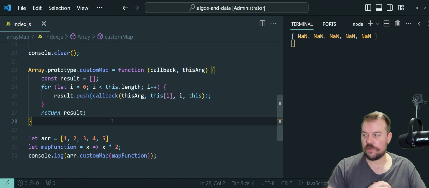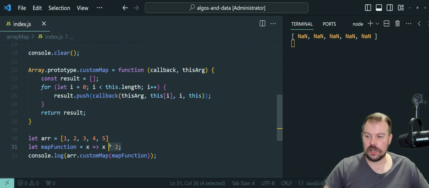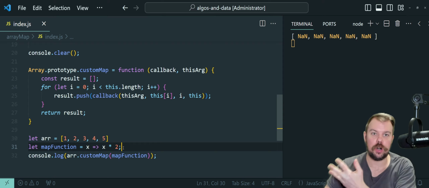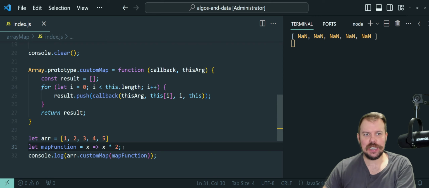That is a result of the operation multiplying something that isn't a number by something that's not a number, right? Rather, it attempts to multiply something that isn't a number by 2, which is a number, and that operation will fail. There's no coercion it can do, so there's no weird string shenanigans going on here. There's no implicit coercing happening. So that means something is going wrong in this process where the value we're passing in isn't represented by each